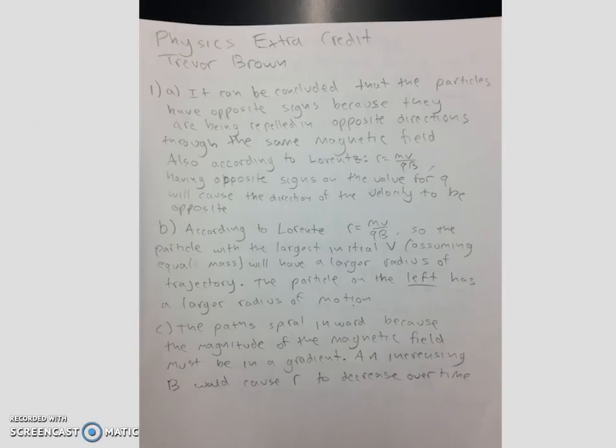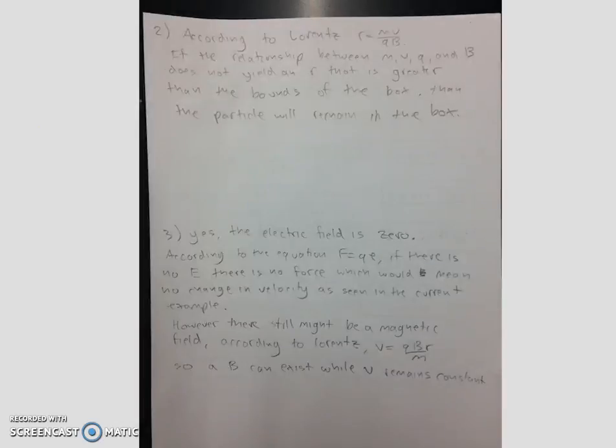Yeah. So the next question we have here is asking about, it says a charged particle is fired into a cubical region of space where there's a uniform magnetic field. It's asking, is it possible that the particle will remain inside the cubical region? Well, I said that it really depends on the scenario. And so once again, we're going back to our Lorentz equation where R equals mv over qB. So if the R that is yielded is greater than the bounds of the box, then the particle